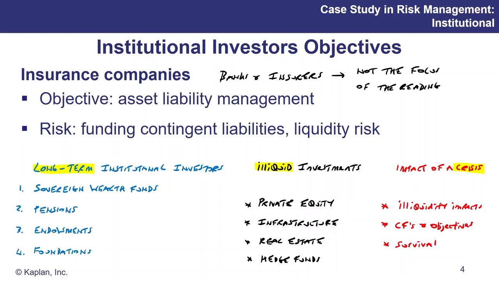But by way of a quick summary, what I've got for you here is the big 4. I think there are certainly questions possible with one of these 4 as the context. Does it really matter which of the 4 that comes in? Not really, because the chapter's talking a lot more about the content of the risks, irrespective of the institutional investor. They're all long-term investors. But the context that we have is around these areas: private equity, infrastructure, real estate and hedge funds. I think any of these are going to be fair game.